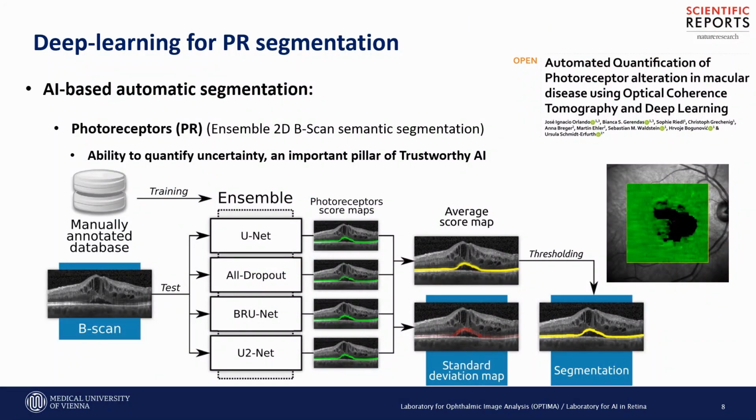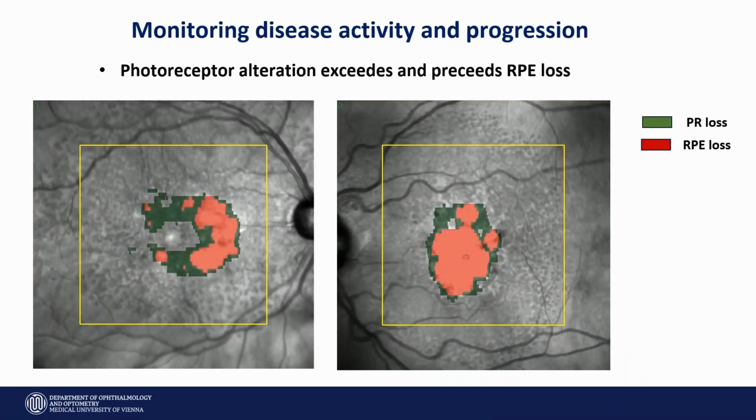Precise. The same level of precision can be reached when segmenting the photoreceptor layer, which is identical with the EZ line. We used an ensemble of 4 different networks to be able to extract a photoreceptor thickness map, as shown here, with the loss of photoreceptors in dark and the photoreceptor layer with all its irregularities in green. These tools can allow us to